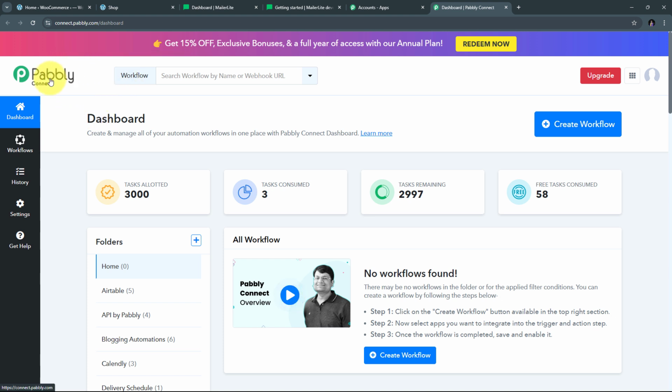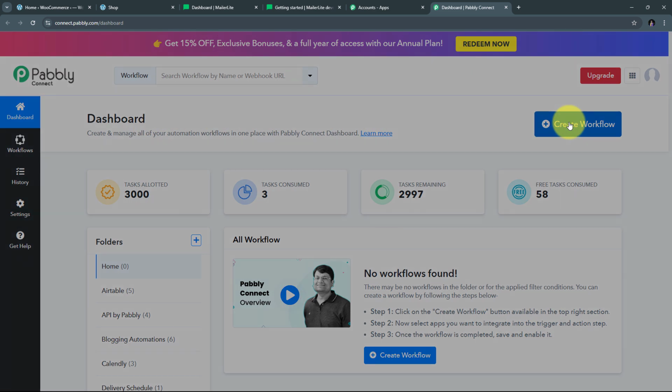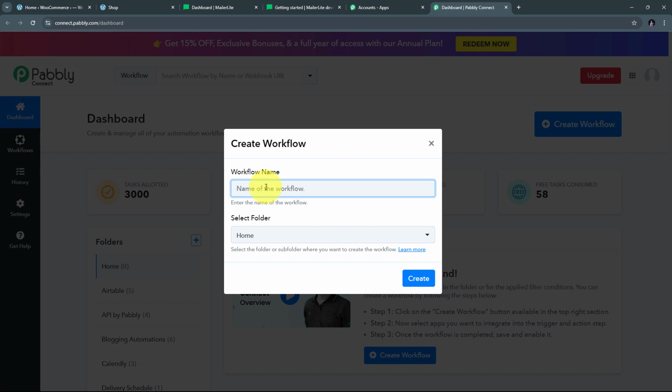Now here in the dashboard, what I need to do is create a new workflow, and for that I'm going to click on this create workflow button, and this window will pop up. Now here I need to name my workflow, so I'm going to name it as my objective, which is to send WooCommerce order detail to other application using API by Pabbly. Now what I need to do is click on create,